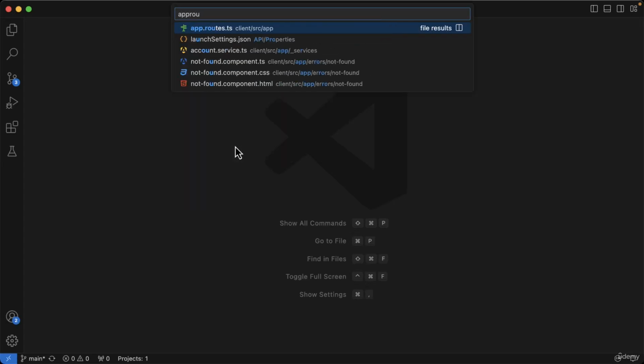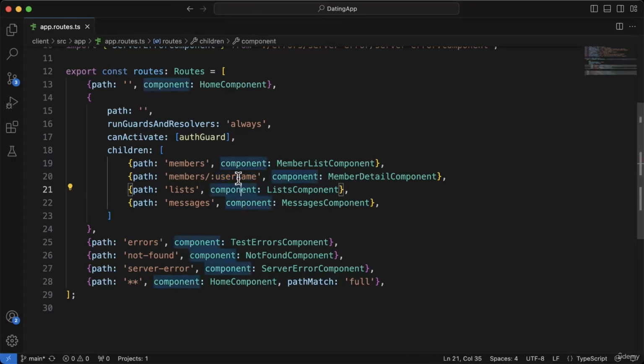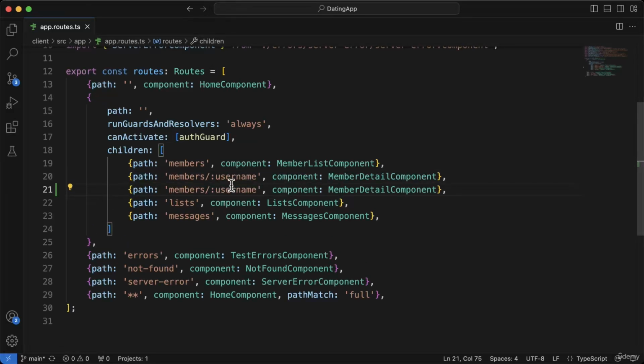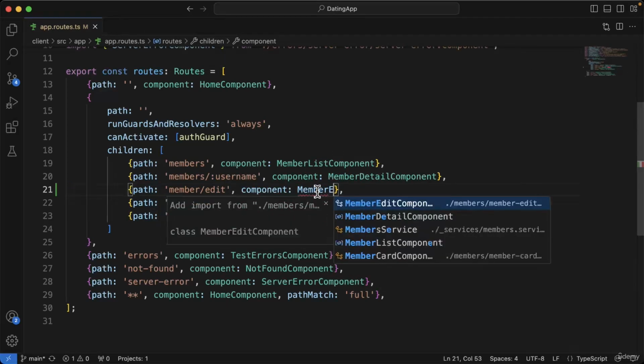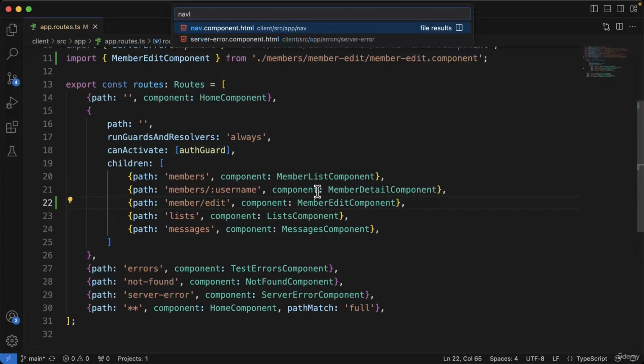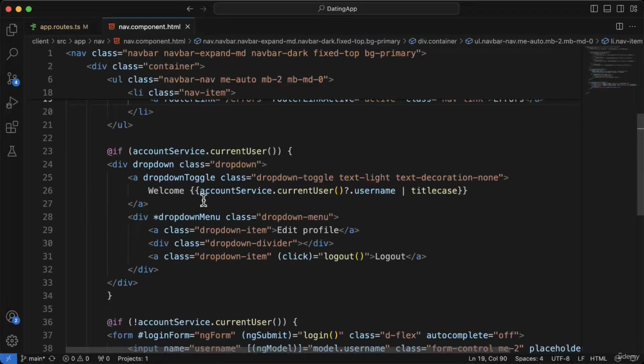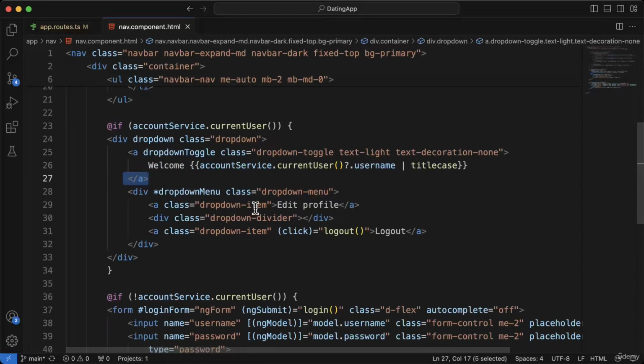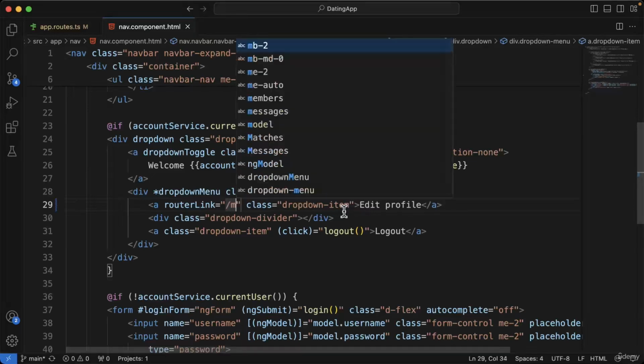So I'm going to open up the app routes.ts, and this is going to be an area where of course the user is going to need to be authenticated to update their profile. So I'll just copy down the member detail component, and instead of member's username, we're going to call it member/edit. And we're going to use the member edit component that we have just created. And then we'll go to our navbar so we can update the router link. And inside here, where we've got our drop-down menu and the edit profile link, let's just add a router link inside here. And we'll send them to